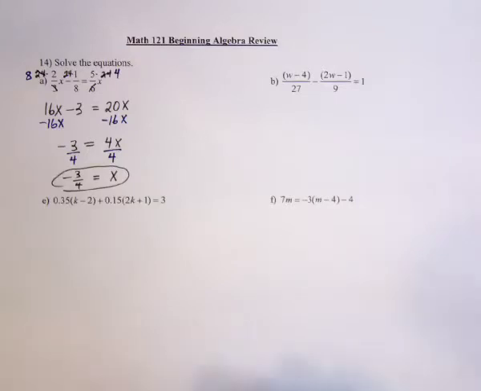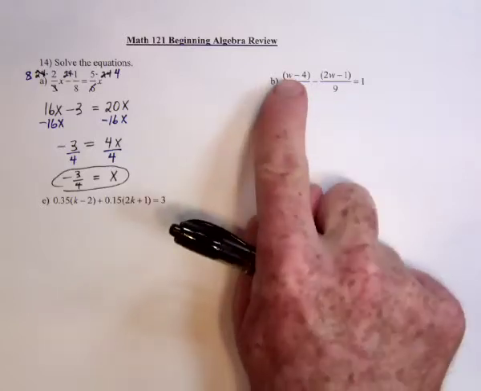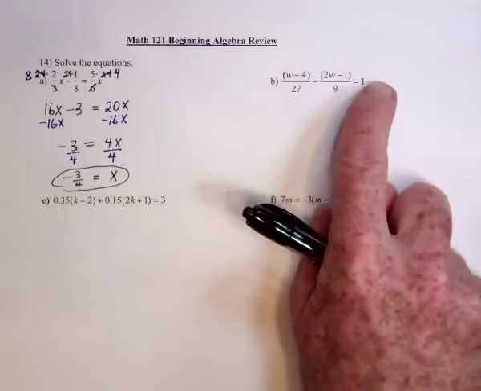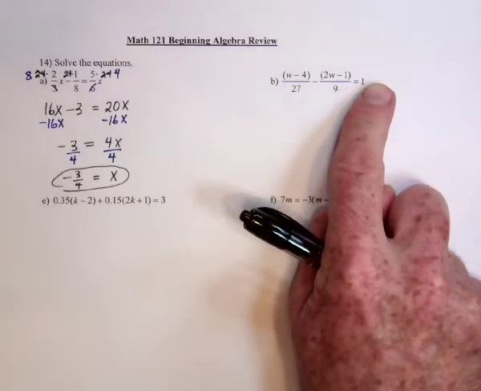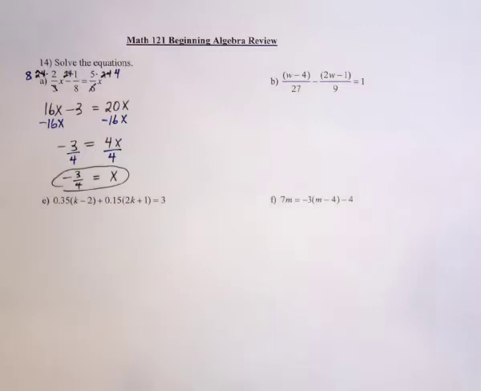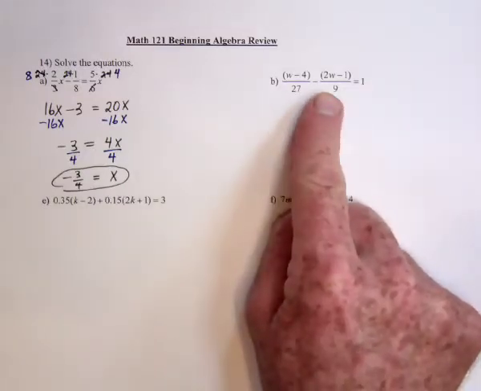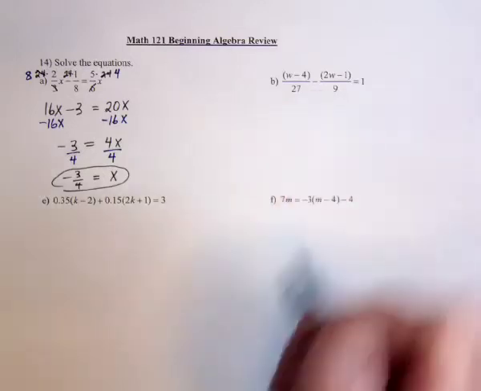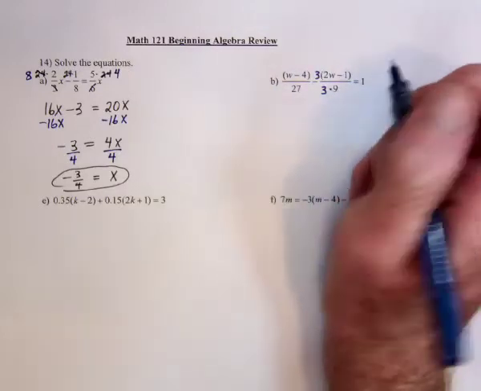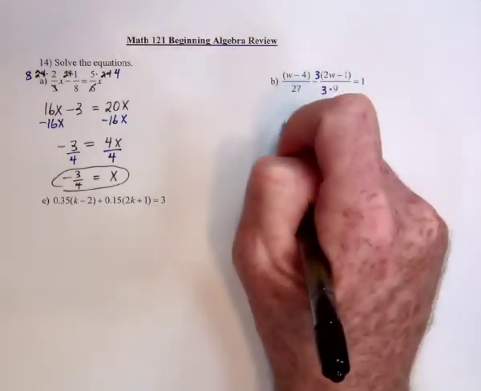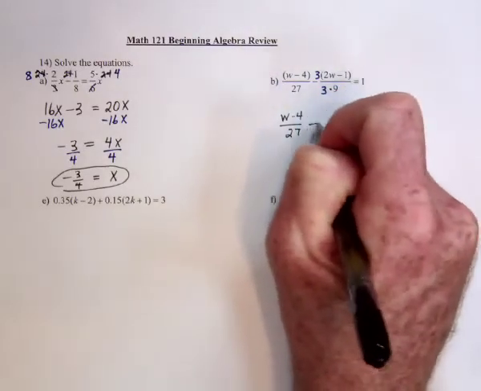So you could do the same thing over here. The least common denominator is 27. Multiply this by 27, and this by 27, and this by 27. When you reduce, there will be no more fractions. But just to show you something different, I'm going to combine these two fractions. The common denominator would be 27. So this one I need to multiply top and the bottom by a 3. So this one would be w minus 4 over 27 minus,